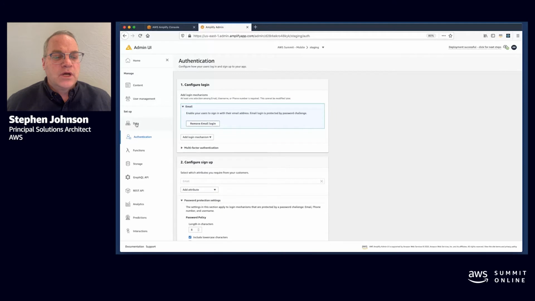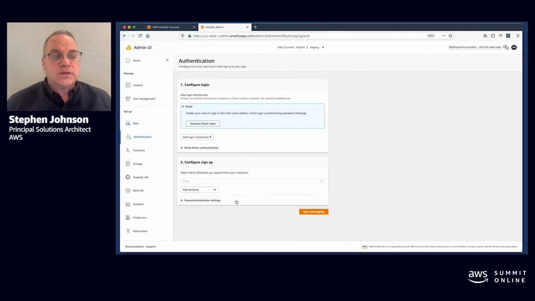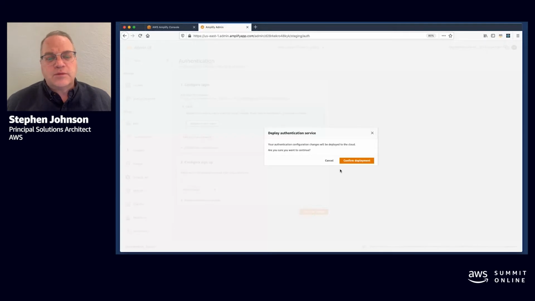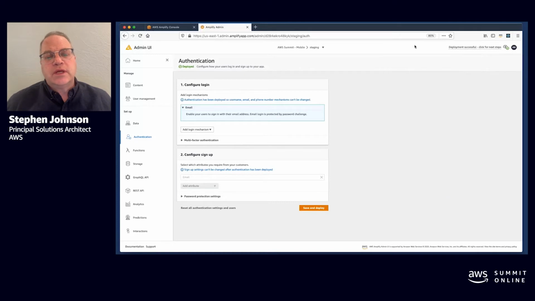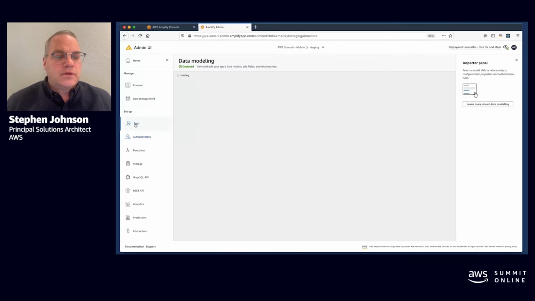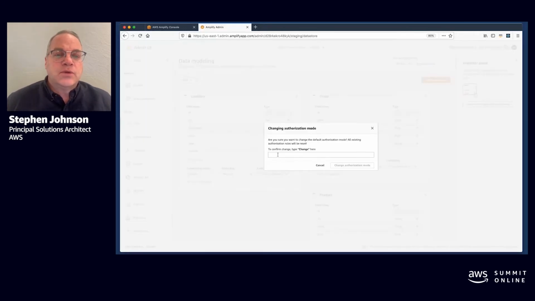Okay, so for the most part, we'll leave it the way it is, but the important thing is we're creating a Cognito user pool that we can associate with our data model. So let's go ahead and save and deploy our project again, and that's going to create the Cognito user pool at the back end. Okay, so now we have a Cognito user pool and we have a fully equipped GraphQL API. Next step is we are going to associate the GraphQL API with our Cognito user pool.